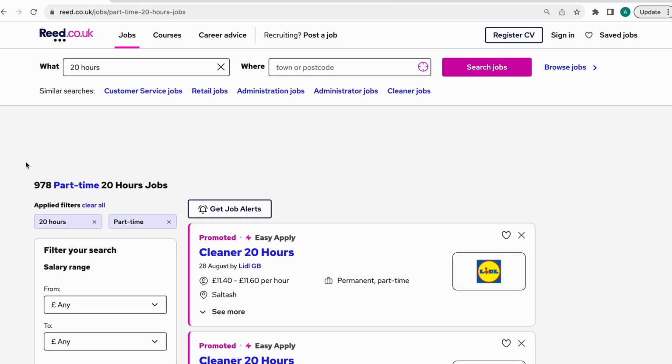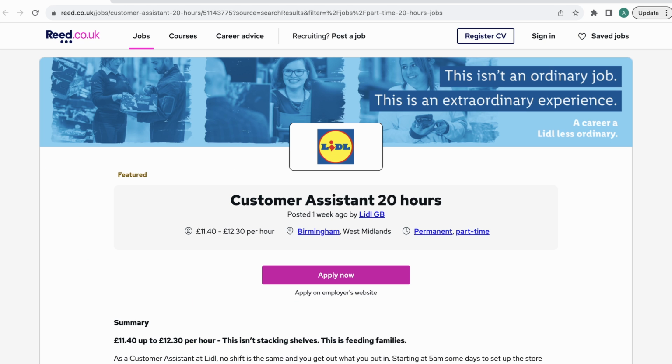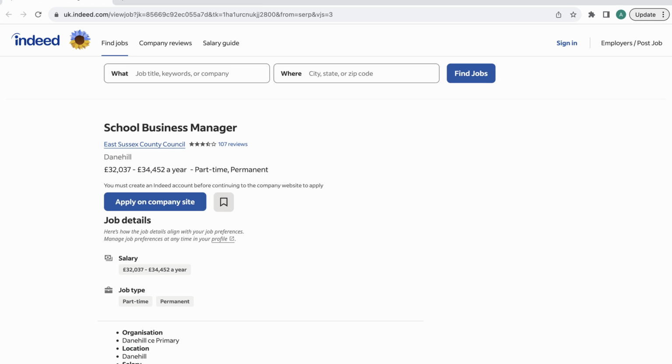And if you don't know where to find these jobs, it's really simple. Start off with the job portals, the trusted ones. Just go to Reed, for instance, and type out part-time jobs. Right now, there's a customer assistant role at Lidl, which pays £11.4 to £12.3 per hour. If you head over to Indeed, right now it has an opening for a school business manager in Danehill, posted by